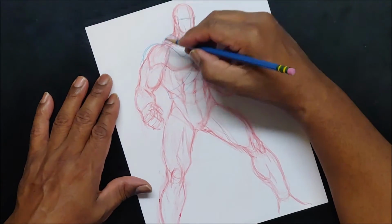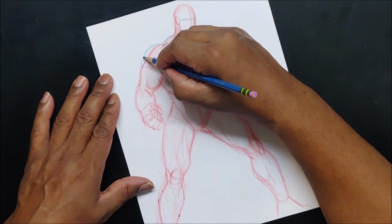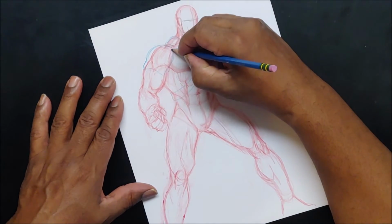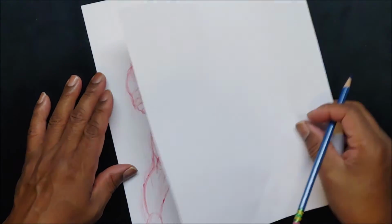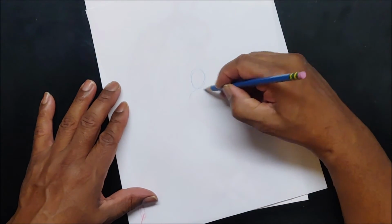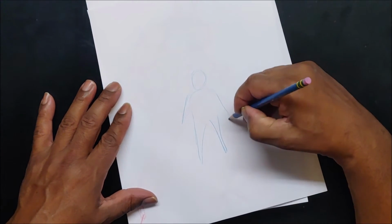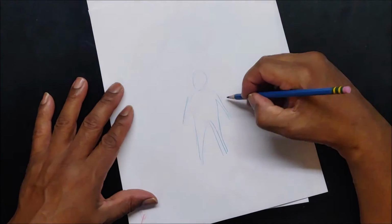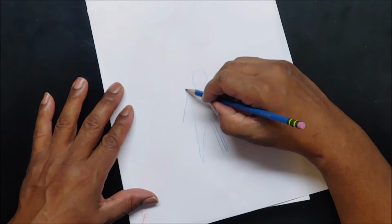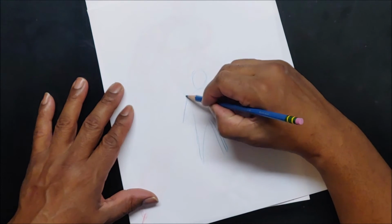And realistically, you want to make it so the person can move, like lift that arm up. Because I remember, and it was the funniest thing. I don't know whose book it was, but the guy was like this. I'm going to show you the guy's armor. This is just a quick guy here. This is his body. He had armor. What was it? It was on his arm, like this,